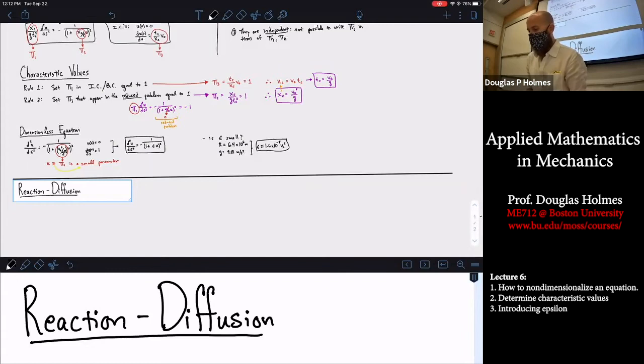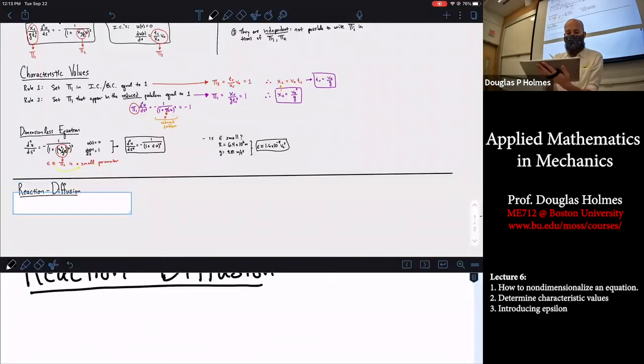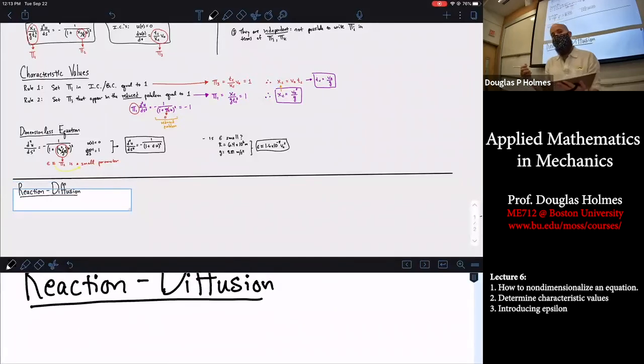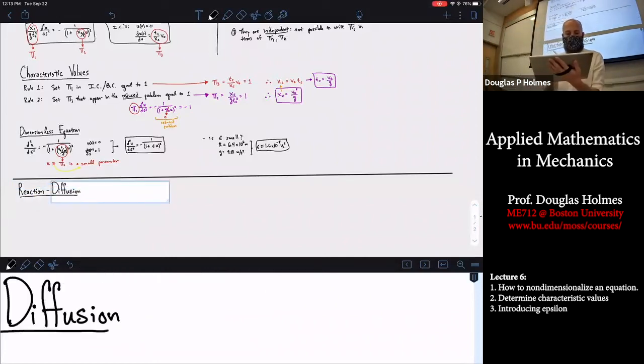Just to hammer this home and to show you what happens when you have more variables in your problem to non-dimensionalize, I want to look at a really classic equation that is a modified version of the diffusion equation that we studied in that 1D diffusion problem. So the reaction-diffusion equation, or the Kolmogorov-Petrovsky-Piskunov, or KPP equation,